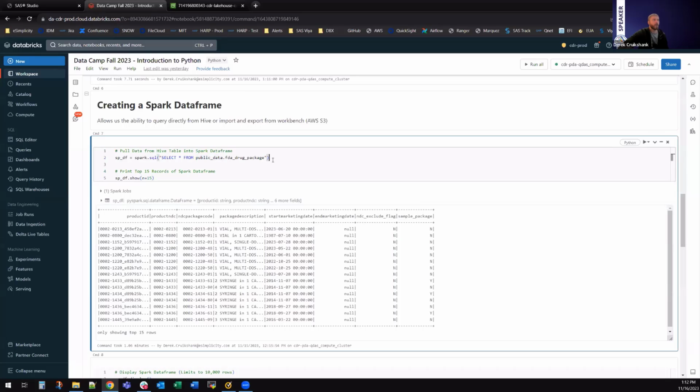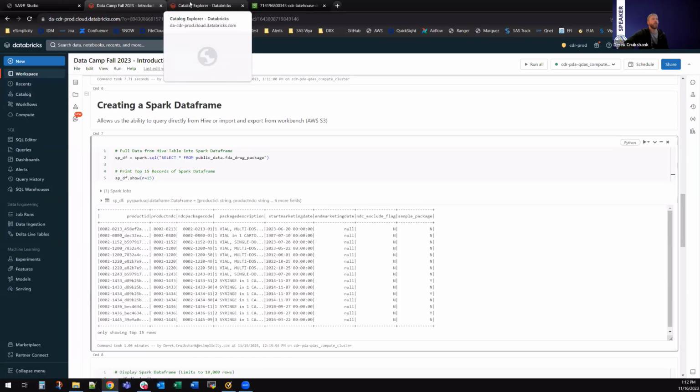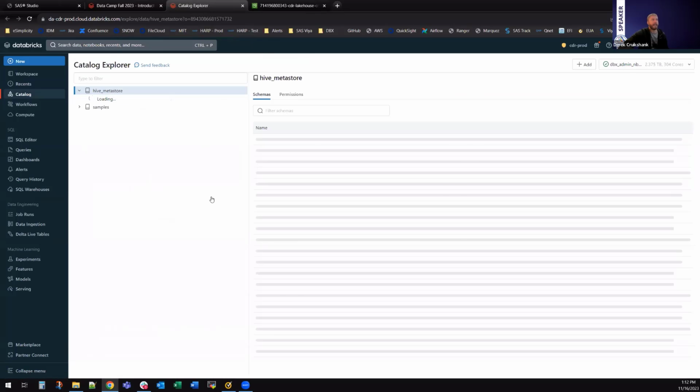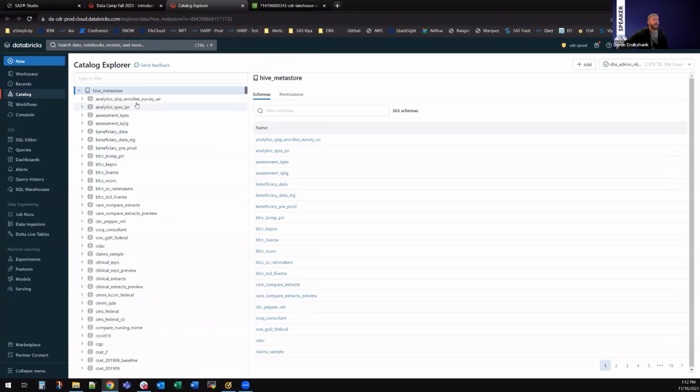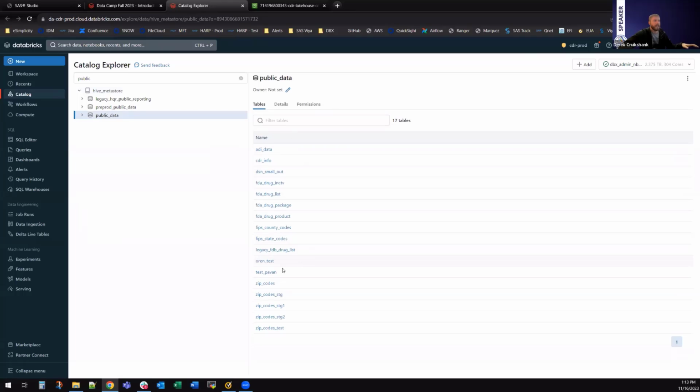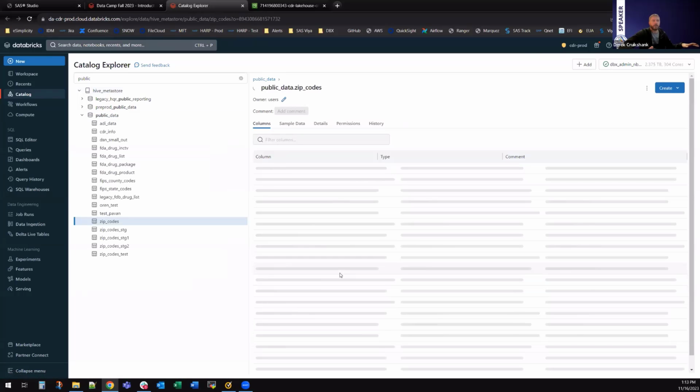And again, for those who aren't quite familiar with the user interface of Databricks, you do have the ability to view the catalog, where it's going to show you what you have access to regarding the CDR and all of the different Hive schemas and the tables. And it's going to allow you to view and filter on certain things that you might be interested in seeing,